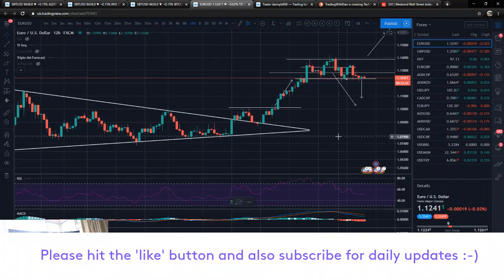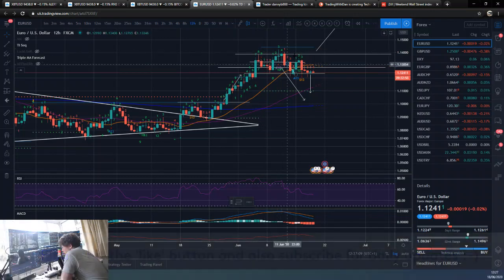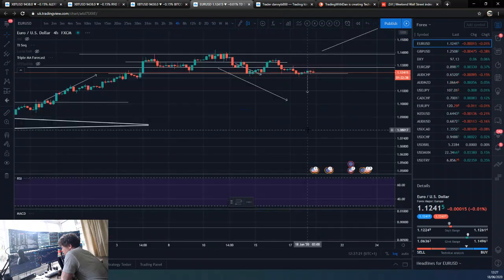On the 12 hour you can see more clearly this sort of head and shoulders pattern that we've got forming. So if we do break below that neckline, which is also incidentally the same level, then yeah, potential move down to the 200 day. And then on the 4 hour,